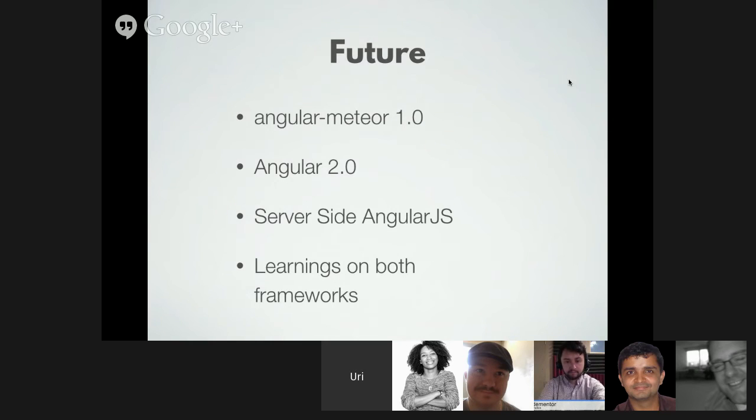I think the API is already solid. And we're looking into Angular 2.0, which is very, very exciting. Because we're seeing that Angular is going in a similar way to how React and Blaze go, which means they're going into one-way data binding, and they're losing their scope data, which means the data that you're working with is just the Meteor data, or whatever other data you want to use in Angular 2.0, like Firebase data.